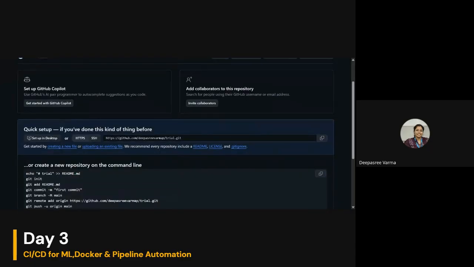And then this is your URL. Just copy that, and in your CMD, you have installed Git, right? Yes, ma'am. Okay. Then inside the CMD, in the command that I gave you, git remote add origin, you paste this URL. And then you try pushing.